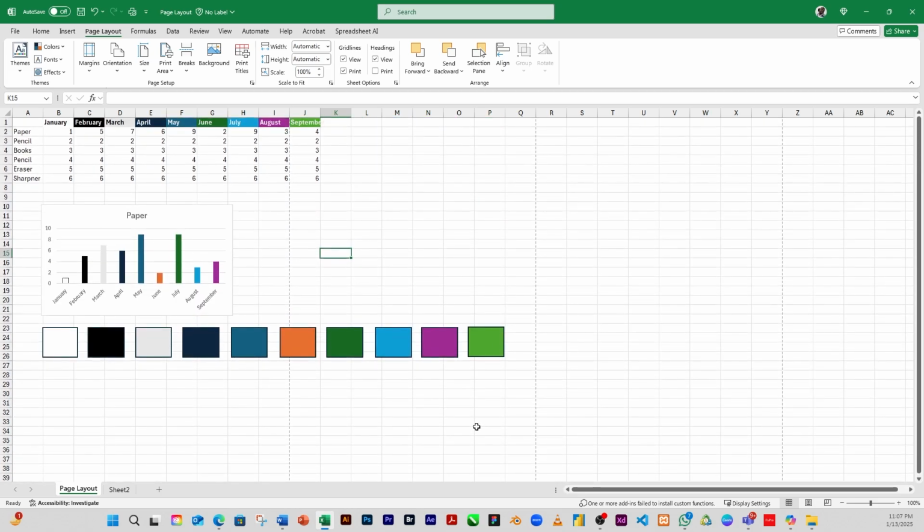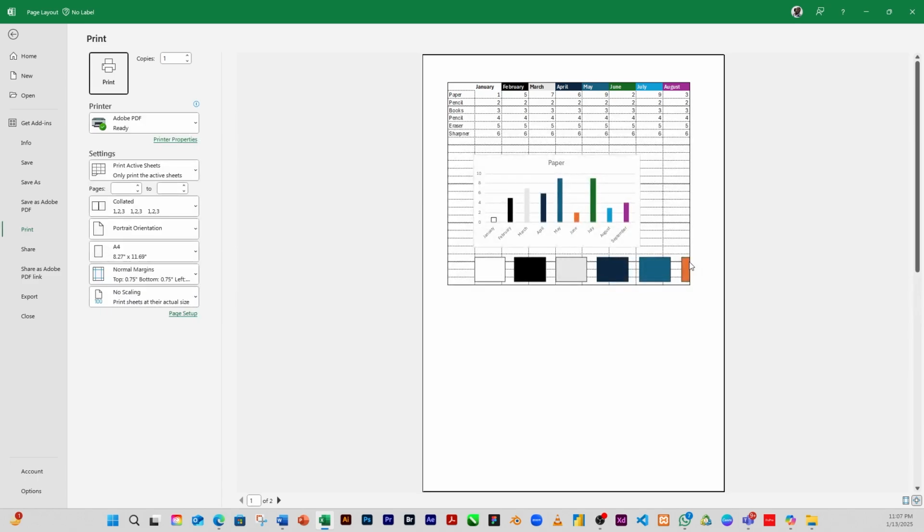Or first of all, let me press Ctrl P for printing. You can see that your grid lines that are normally not supposed to print are here because of that checkbox I clicked, right? That grid line. So it will print your data with grid lines. Okay. You can see this. Now, if I go back,